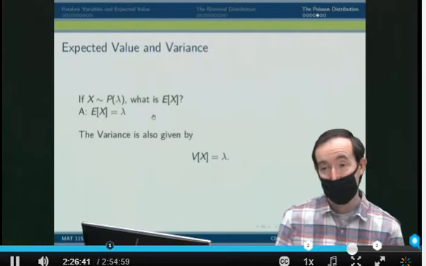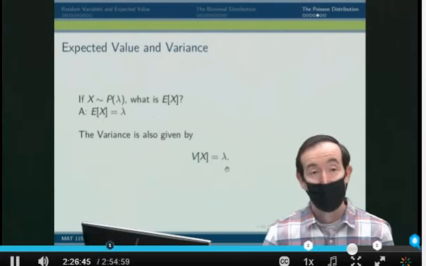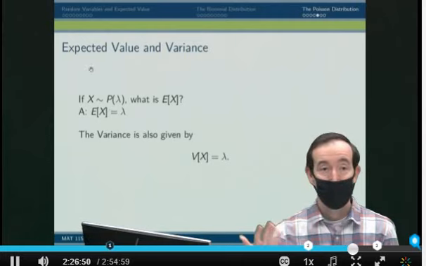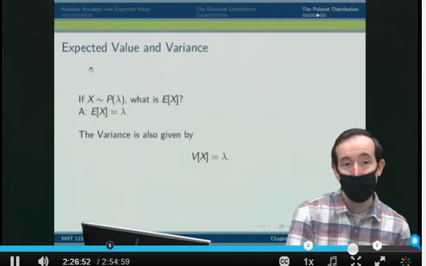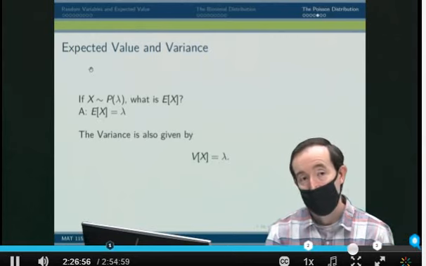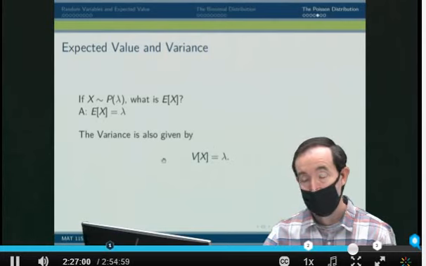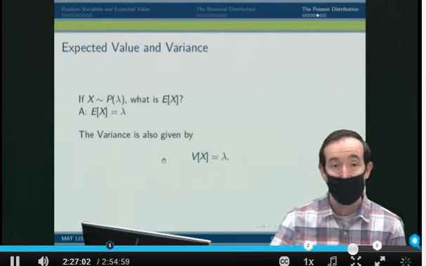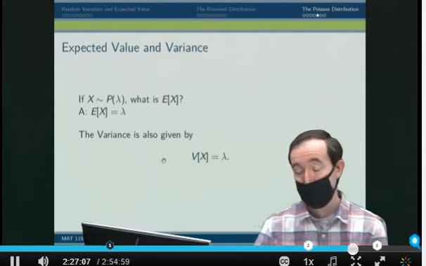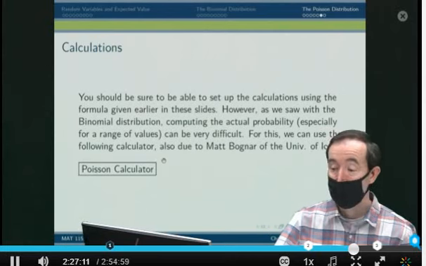Interestingly, and this takes a little work to show, but it does work out this way, the variance is also lambda. So once you know that one parameter, you can simply write it down as the expected value and the variance. There's no calculation required. And then from that, of course, the standard deviation is the square root of lambda. Now, in practice, I don't want to do a lot of these by hand. I can type it into the calculator to calculate the exact values, but it's a lot easier if I have a calculator to help me with this.